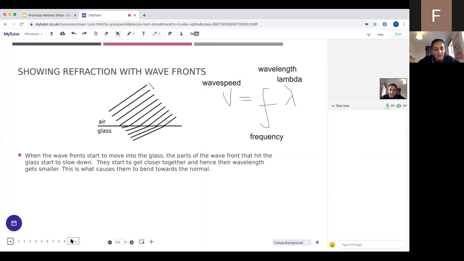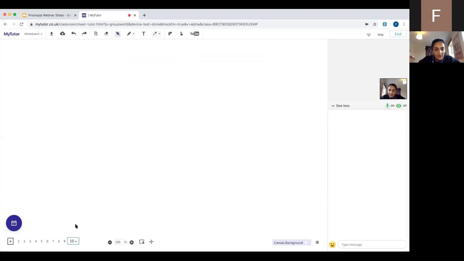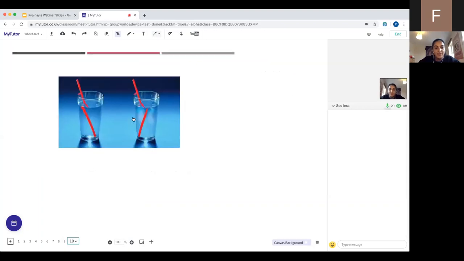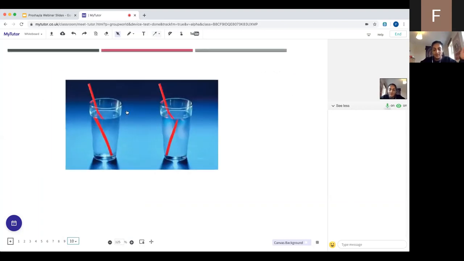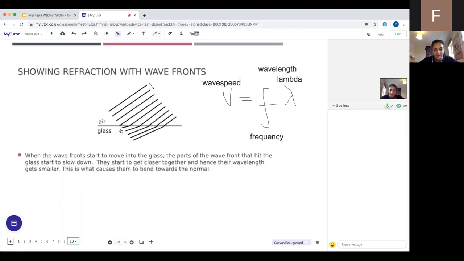And actually there's a nice diagram that shows this. Here we have air to glass to water inside the cup. So we can see a refraction from air to glass and then a refraction from glass to water. So in our diagram, yes, the glass can be replaced with water,